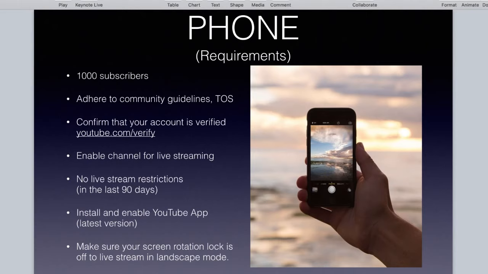They didn't used to have this requirement, but now if you want to go live using a mobile phone, you need 1,000 subscribers. Of course, you have to adhere to the community guidelines. You have to confirm that the account is verified. If you don't verify your account, then you can't upload videos longer than 15 minutes. You can't go live, etc. So you need to verify your account by